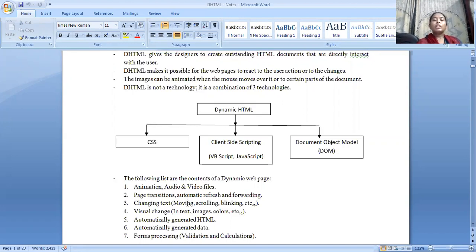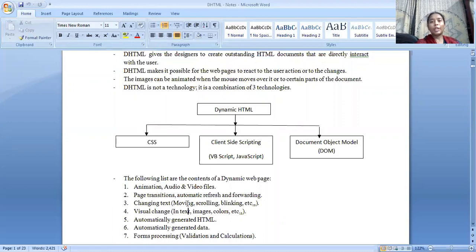Visual change in text: if I need a particular text in a single web page in different colors, fonts, themes, and styles, this can happen in dynamic web pages. Automatically generated HTML: when I perform an action, the request is sent to the server, and it will generate some HTML pages.